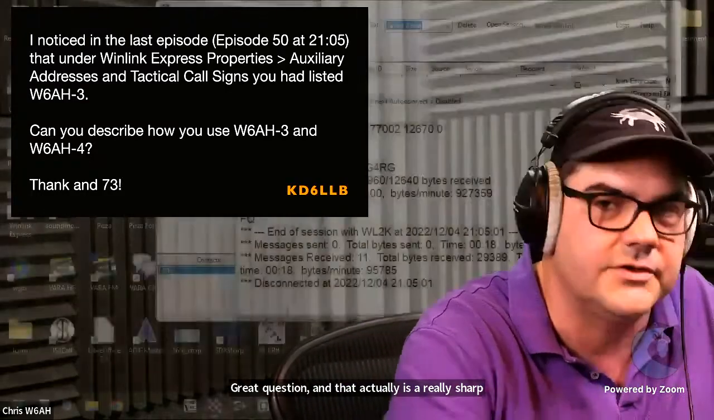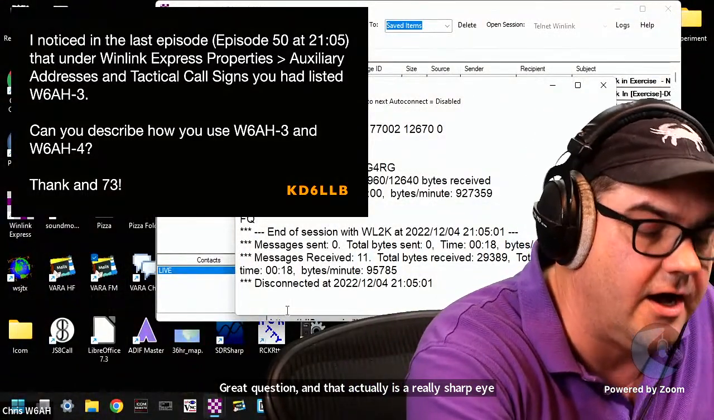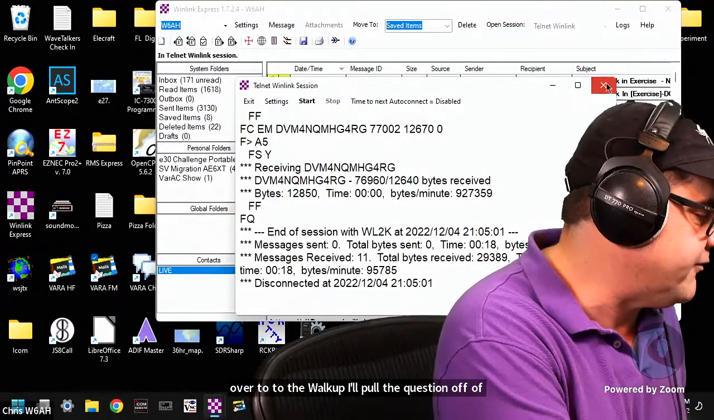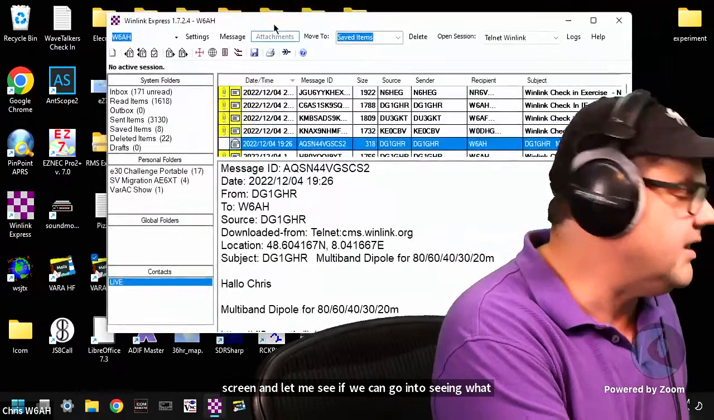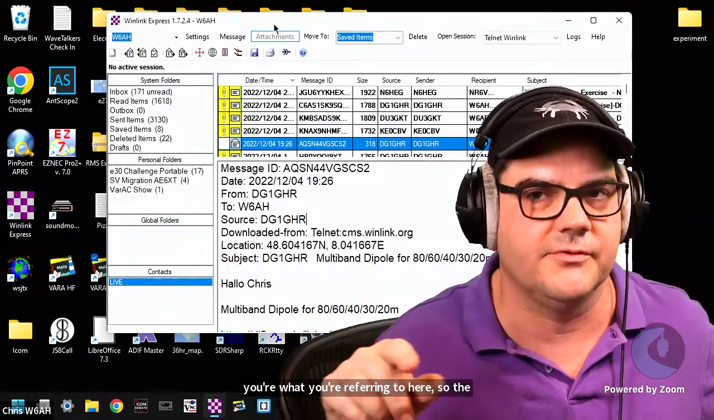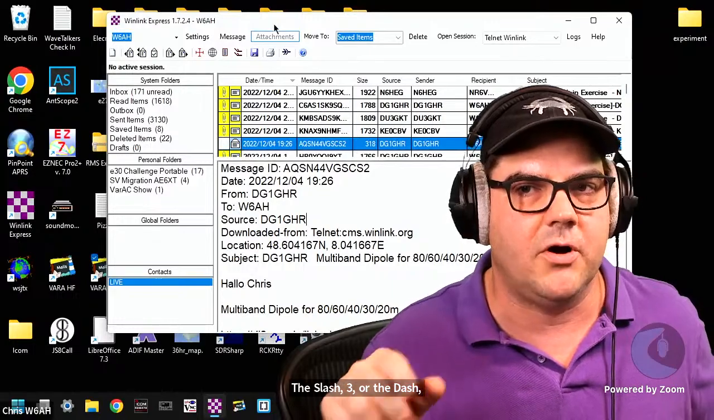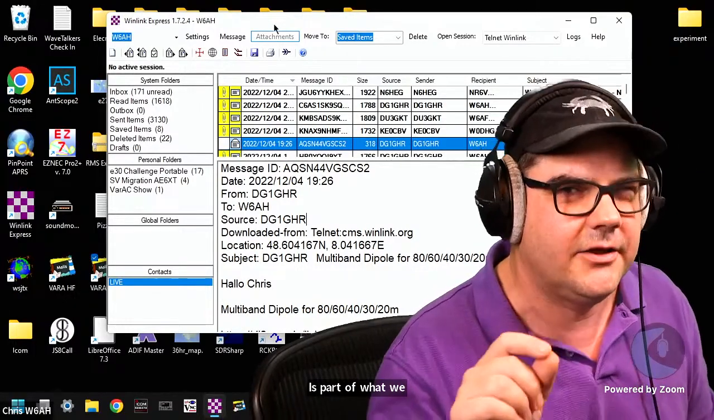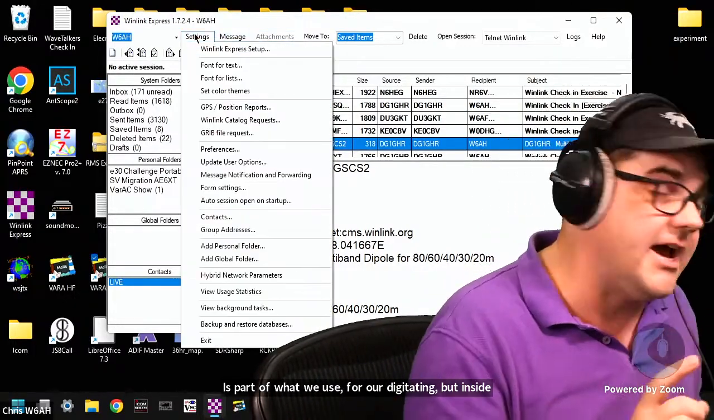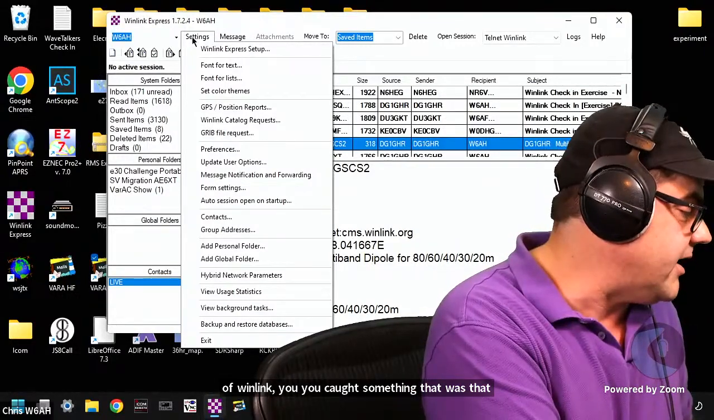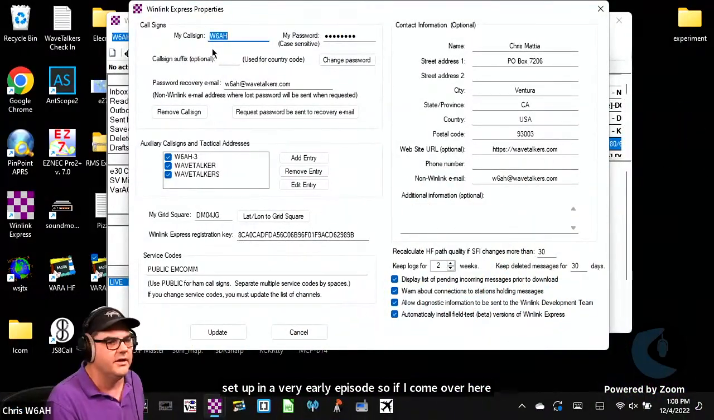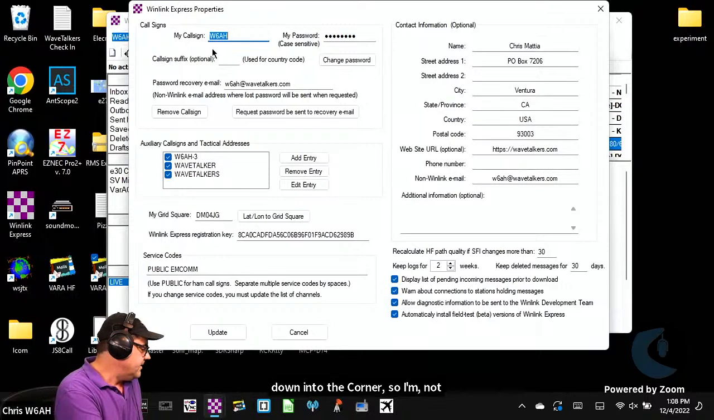Let me switch back over to the walk-up. I'll pull the question off of screen, and let me see if we can go into seeing what you're referring to here. So the /3 or the -3 -4 is part of what we use for our digipeating. But inside of WinLink, you caught something that was set up in a very early episode. So if I come over here and I go to settings, WinLink Express setup, let me move down into the corner so I'm not blocking the screen there. And here under auxiliary call signs, tactical addresses,